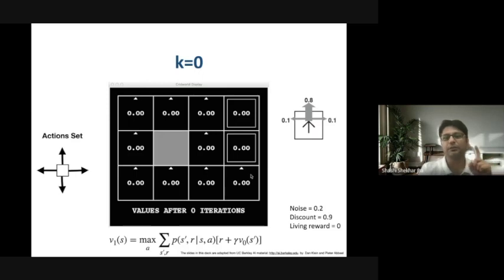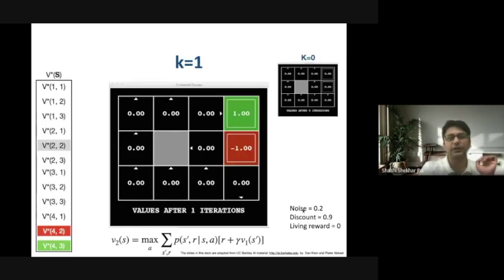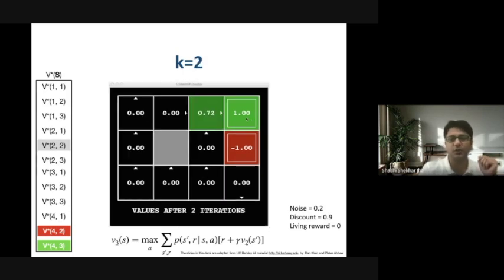In the first step, what you'll find is that wherever the reward is non-zero, the value is discovered. Here all the living reward is 0, not negative. The discount factor is 0.9, and there is the same amount of noise in the system. So in the first step, only these two states discover their values, and the others still remain 0. As you go forward with value iteration, the positive value, or this information about the max reward state, starts spreading, but the negative state value just remains there.